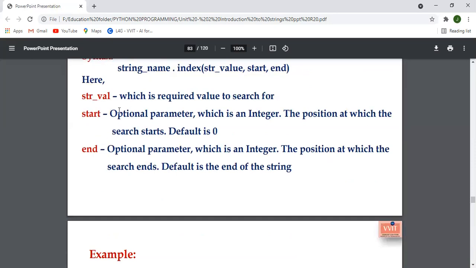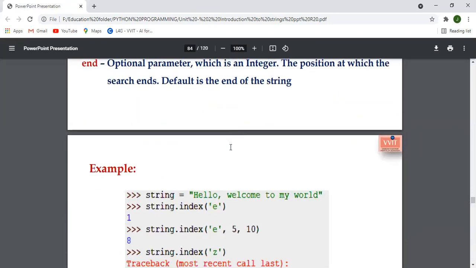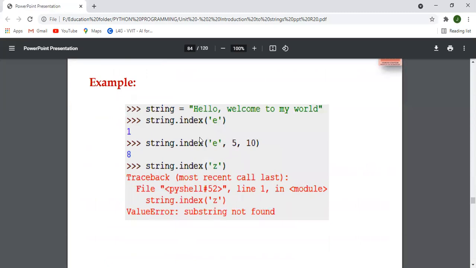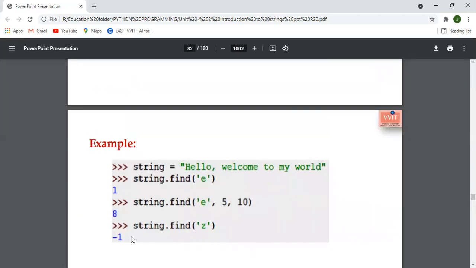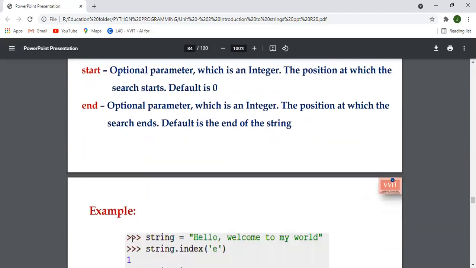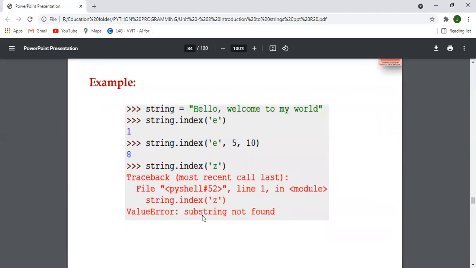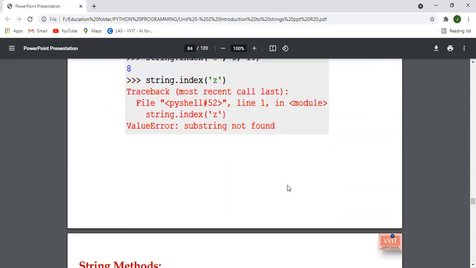In the given string, hello welcome to my world, string index of e is 1, because it is located at the first position. Similarly, string index of e between 5 to 10 is 8, because it is located at the 8th position. In string find, if the given input is not found, it returns -1, but string index is different. It raises a value error.